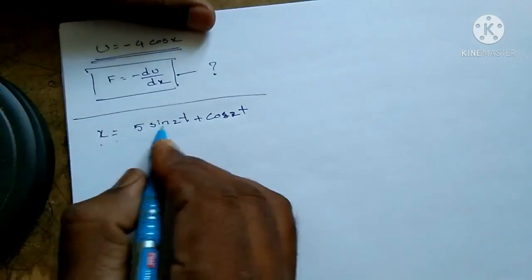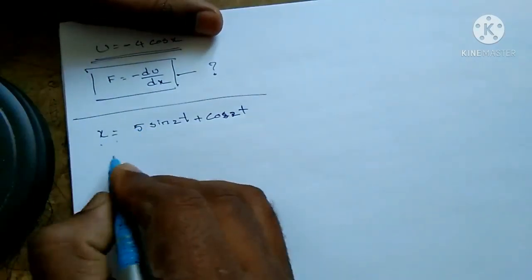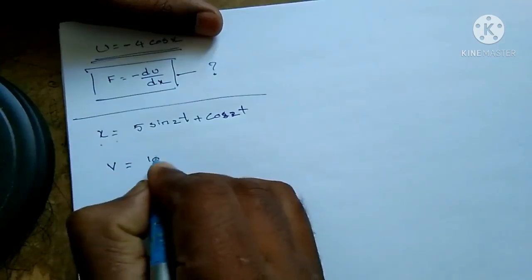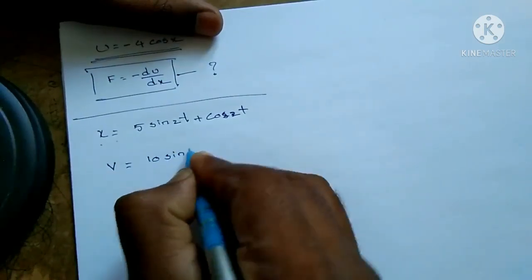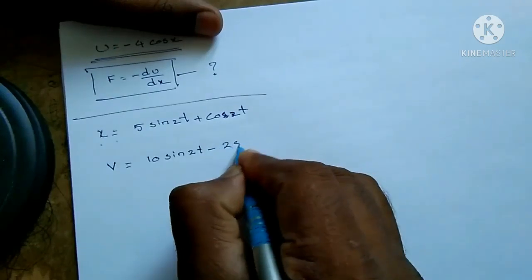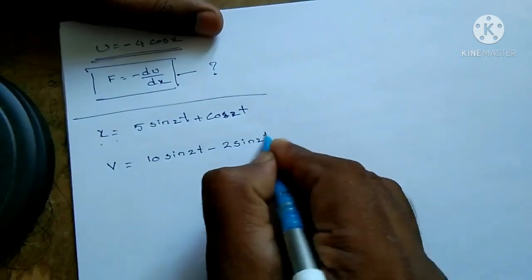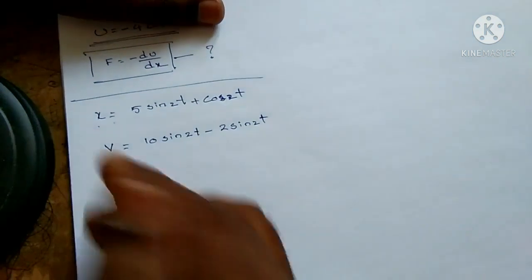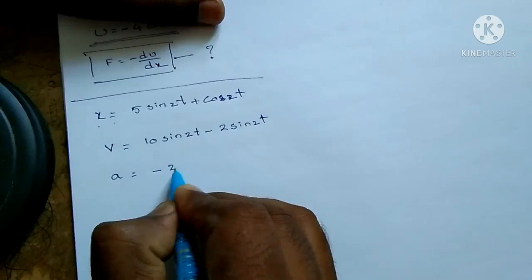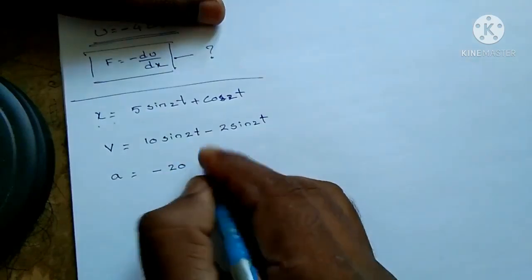I need to differentiate this with respect to time. For the first differentiation, I will be getting v is equal to 10 cos 2t minus 2 sin 2t. Again, if you differentiate, I will be getting a is equal to